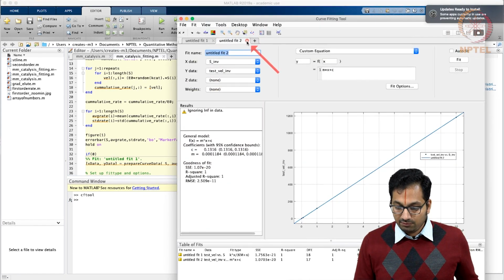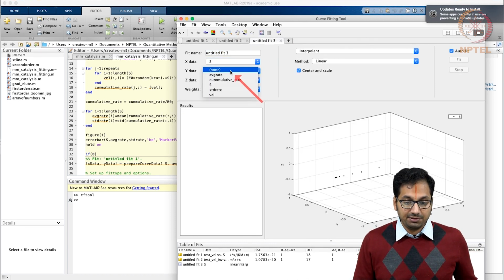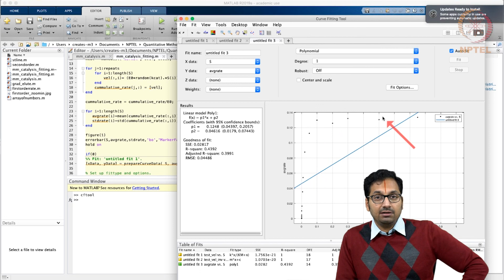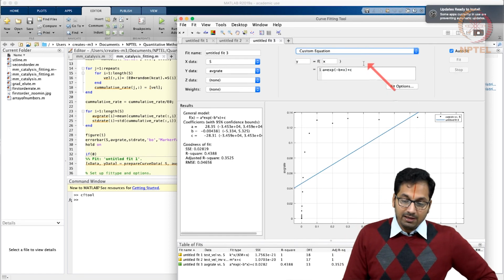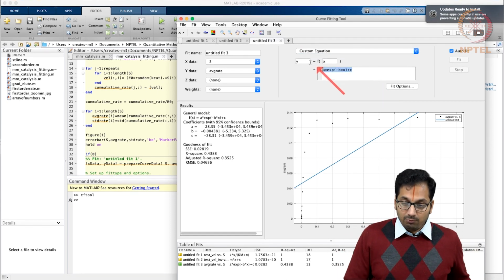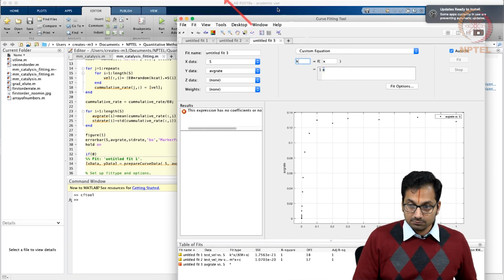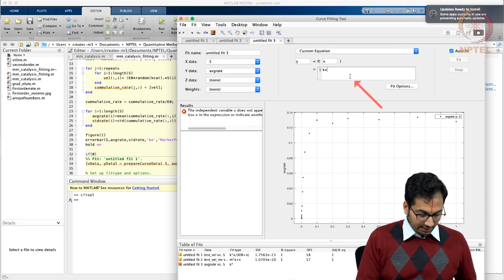We can erase any of the previous fits, or we can still continue to have them. In this case, S is the substrate concentration, and you want the average rate to fit. You do not see the error bars here, all you see is only the average values. So we go back here and say custom equation. What do we end up writing? K star x divided by Km plus x.